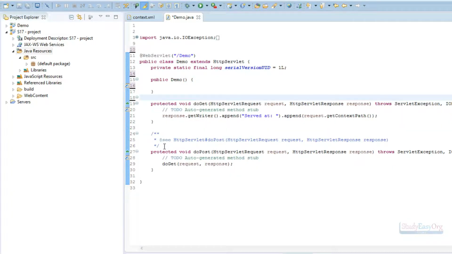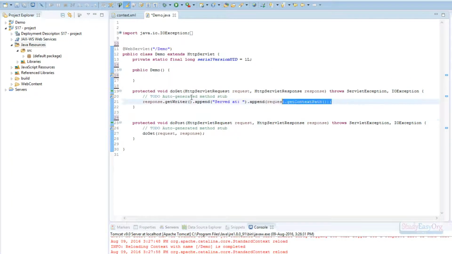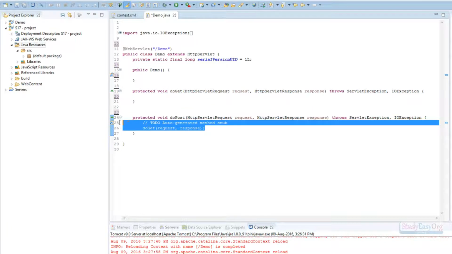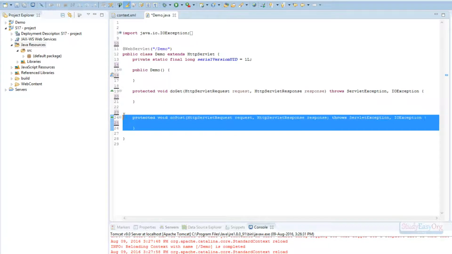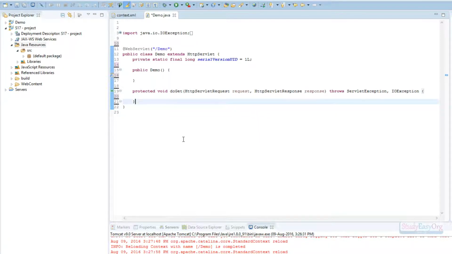In fact, let me quickly clean this stuff, which will make things cleaner. In fact, if we also remove this doPost method, even then there won't be any issue. Now, the lecture is too lengthy, I suppose, because there is plenty of stuff and plenty of downloads in a single lecture. So we will start coding this doGet method and connect to the database server in